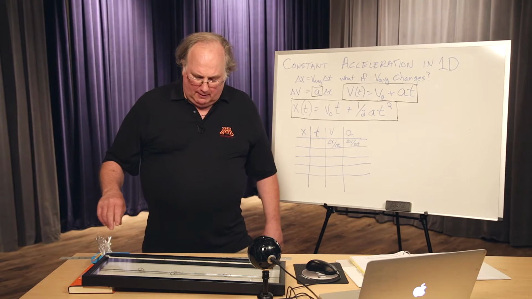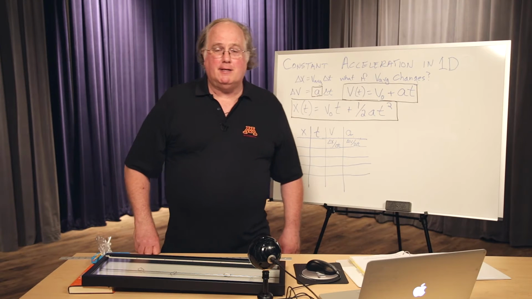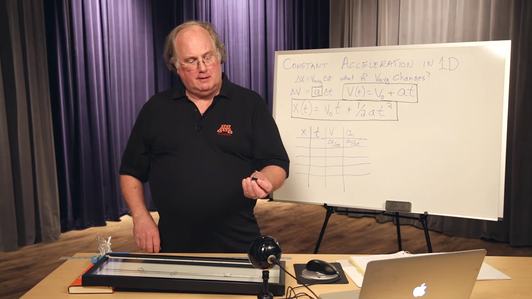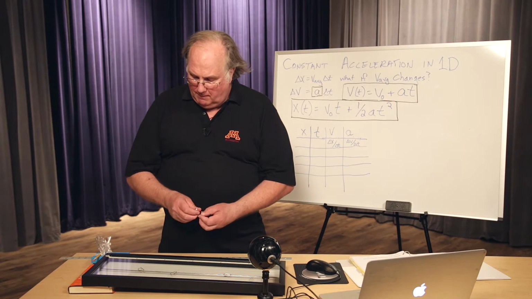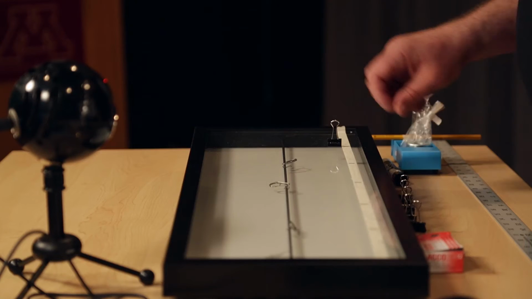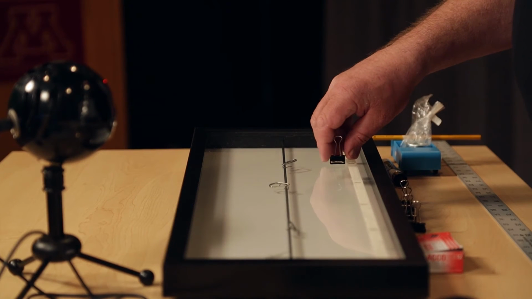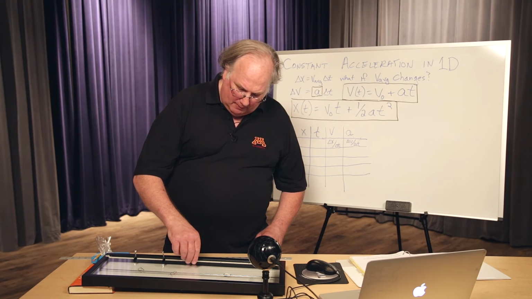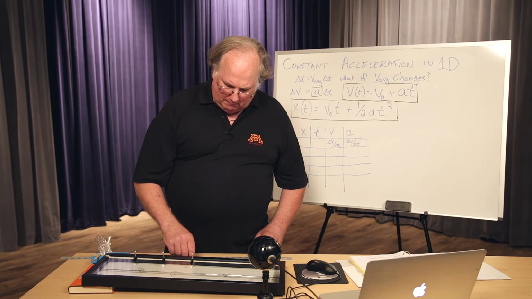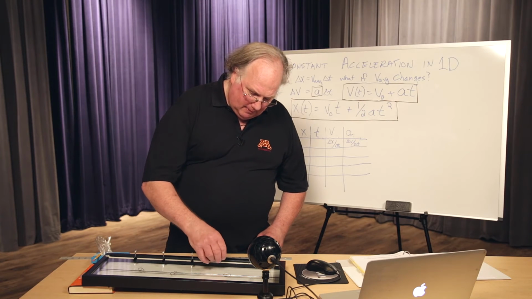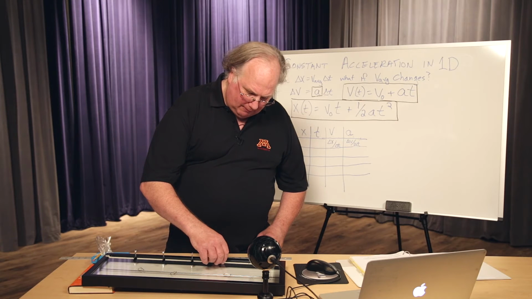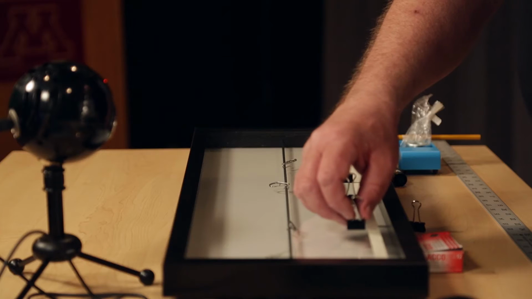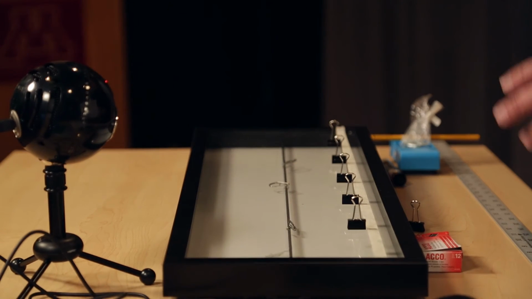To give us something to analyze, we need some kind of noise for Audacity to work with. So we take these little echo clips that we were using last week, same things, and put them upright at each one of the marks on the tape, so that when the car goes by, it will get knocked over and make a little bang. Now, these things do tend to want to tip over on their own. Good for them. Okay, we'll put one of those at each one of our marks. Now we're ready to go.